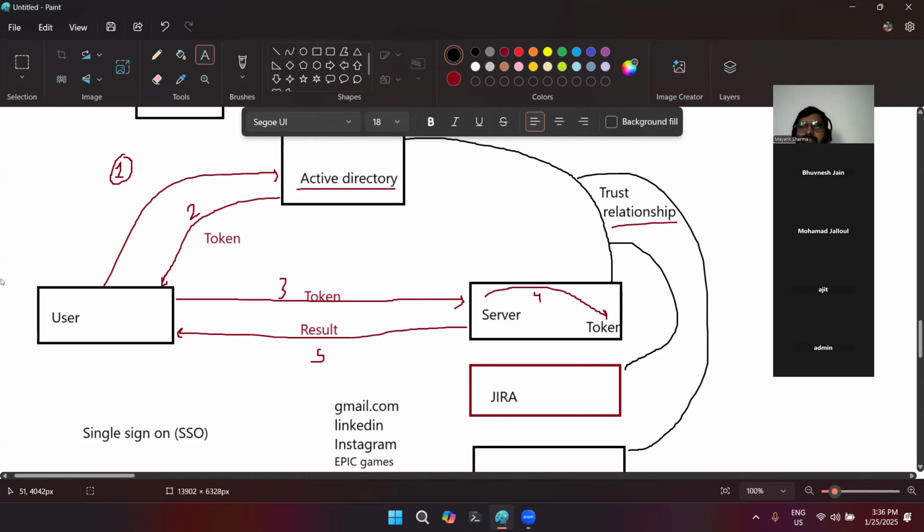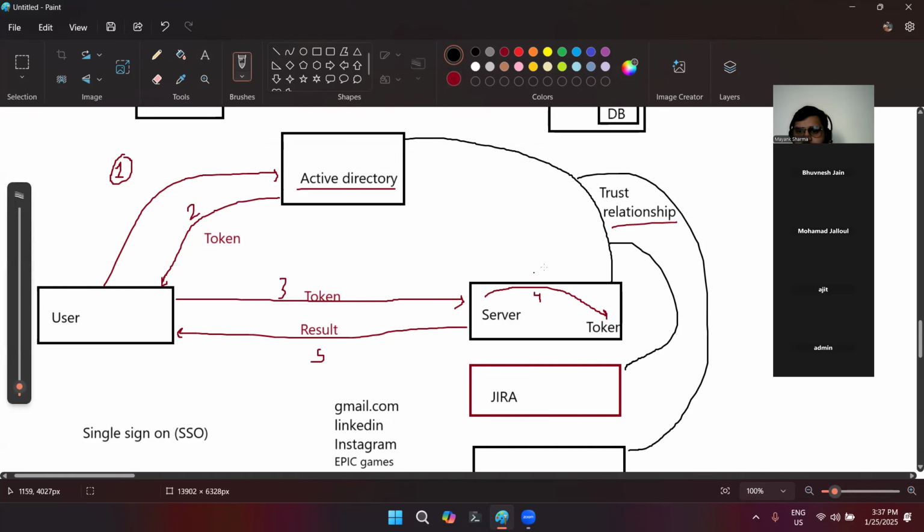Okay, so this is the first factor, because the way you're thinking is also correct. Initially we send the request to the server, then the server can authenticate with Active Directory whether it is a particular user or not. But in that case, the server is going to send a request to Active Directory, and then it is checking, but initially the server has to take that request, right?